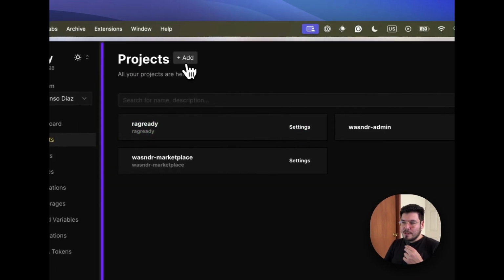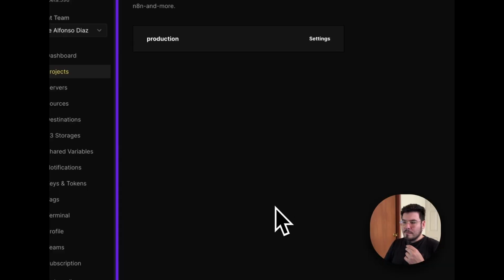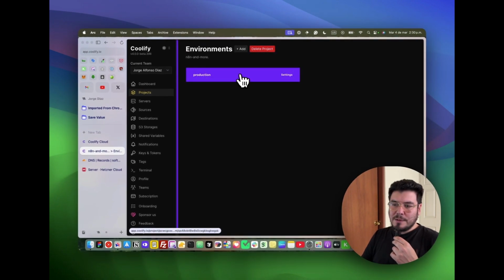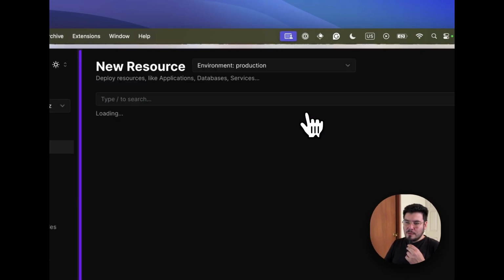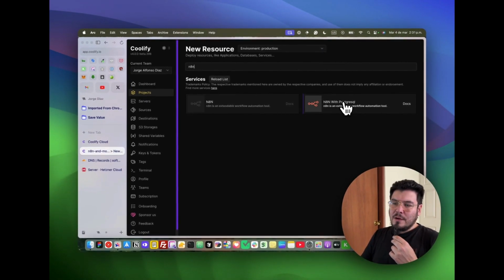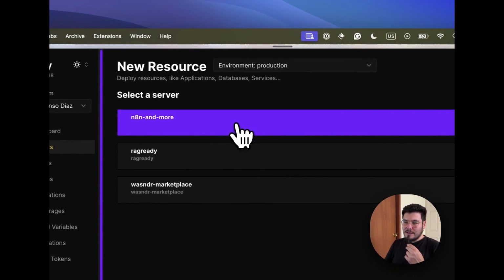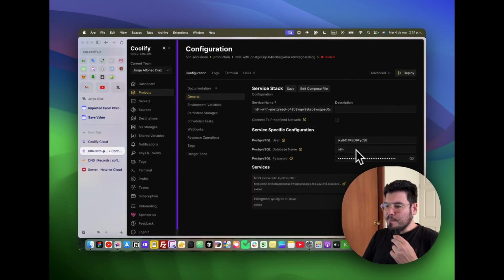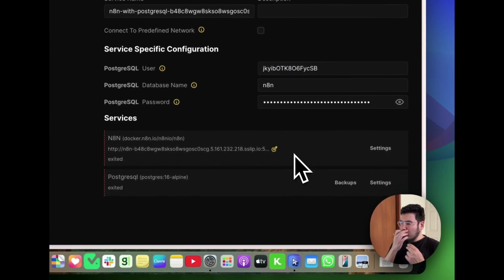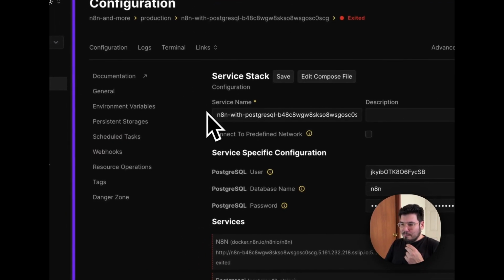Now let's go to projects. I have to create a project where I will place this server. Then I say that this is, well, a production server. I add a new resource, which the resource will be n8n. Here I search for it and use this version of n8n that is with Postgres, SQL, or PostgreSQL. I select my server that is already with Docker and connected with Coolify. And it's already configured. The only thing I have to do here is click on deploy and put my server